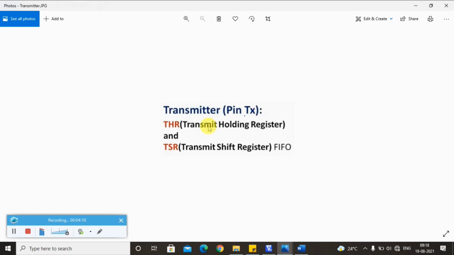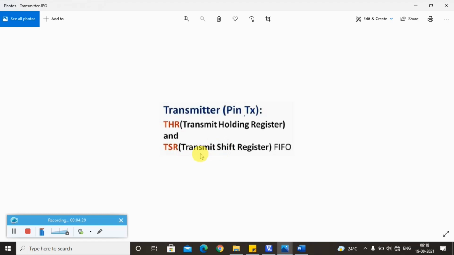Internally this parallel 8-bit ASCII value will be converted into serial and stored in the shift register, that is in TSR.